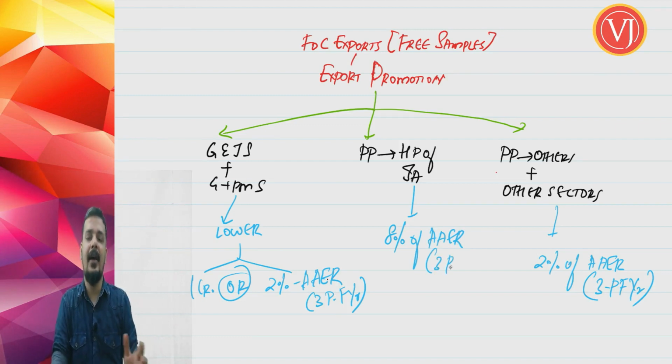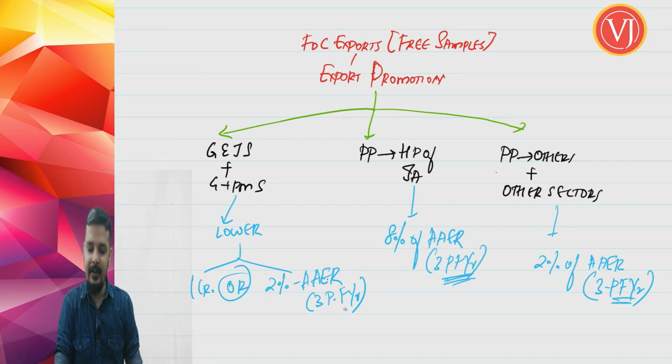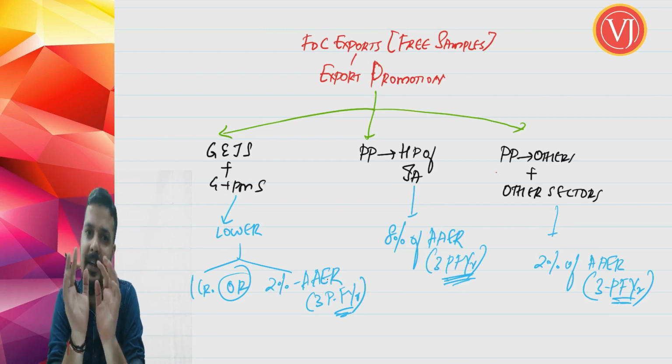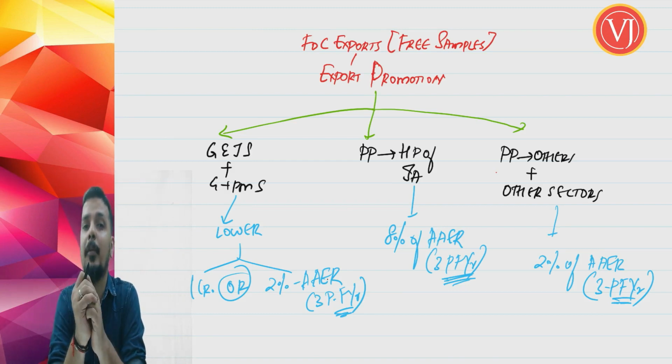So you are going to take the average of 3 preceding financial years, which they here call licensing years. So this number, friends, you have to remember. Now you will ask, what if I am giving free samples more than this limit? No worries, even a normal exporter can give. Am I trying to tell that a normal exporter cannot give free samples? Yes, he can give, but that will not be counted for the export benefits.